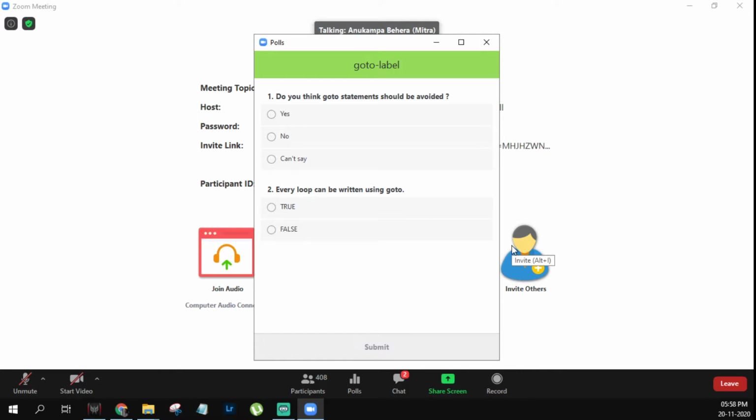Ankita, a loop is a go to only with a condition. Go to will be faster, no? There are no conditions, that's why. But go to has a lot of logical problems. Okay, let me end it.